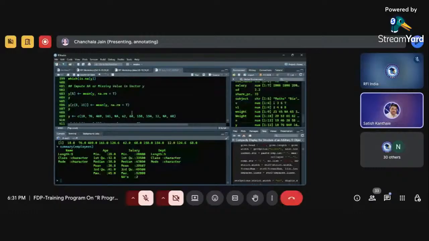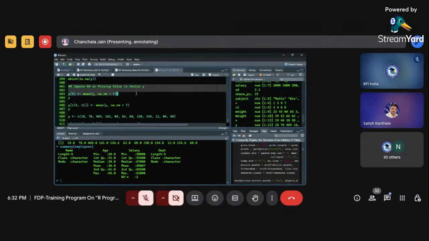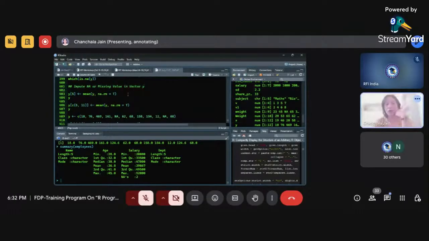what will be the output that you are getting here? You need to read the heading. The heading is saying we are imputing the missing value. If the input is NA or a missing value,